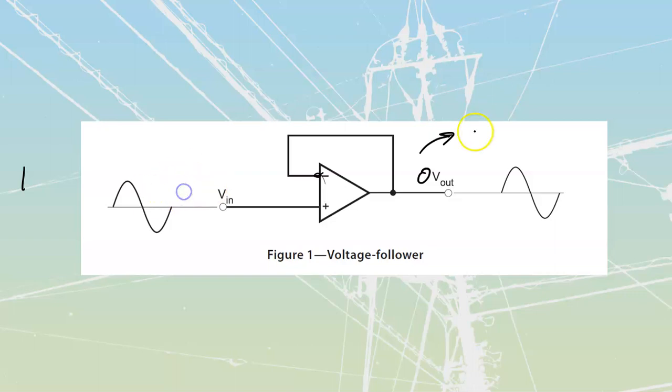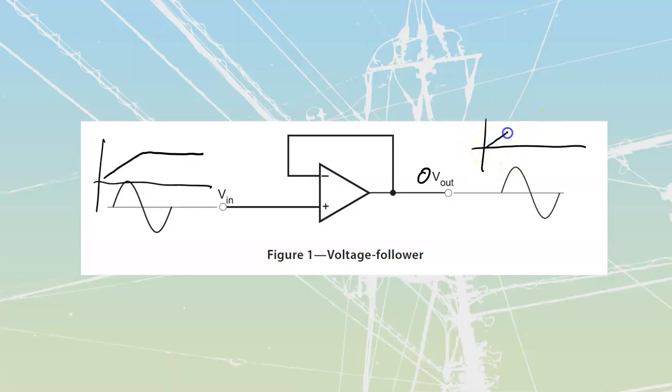Right now, they're showing us a sine wave coming in here, but an easier way to look at this would be as a sloped line that then tapers out. Right now, here's my value, it's rising. As my value rises, the output over here would be doing the same thing. It's going to start to rise, but it's always going to be a little bit behind, because what it's doing